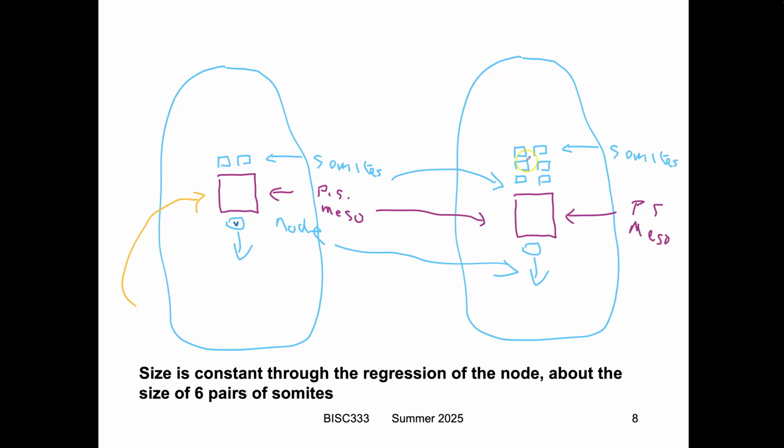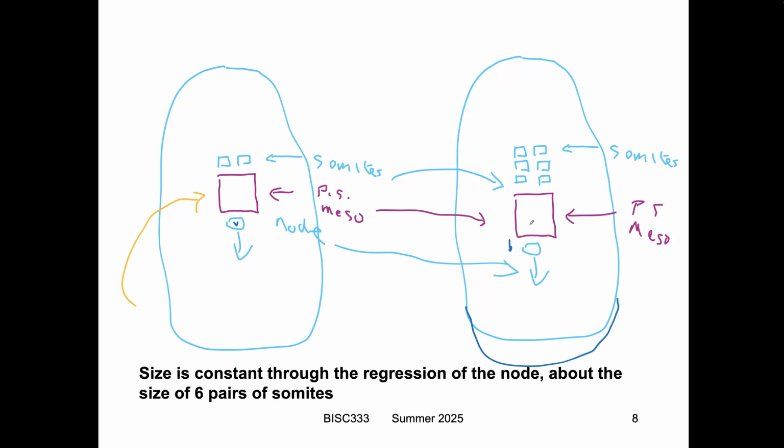As additional somites form, the Hensen's node has moved further down, and I should have really, like the embryo would have grown a little bit too, so the embryo lengthens at the same time. There's better pictures coming up, but I sometimes find these sketchy ones are helpful just for explaining. And so there's 2 more somites. The node has moved along about the same length as those 2 somites, and so this